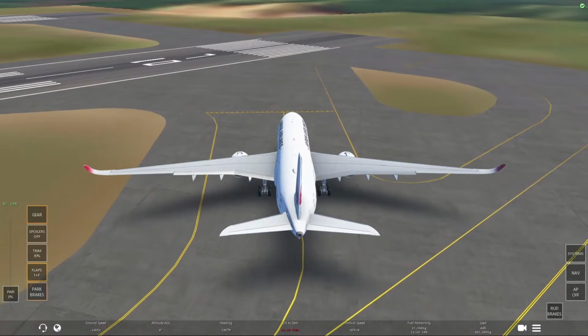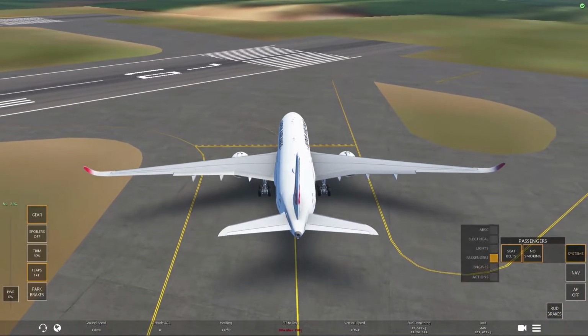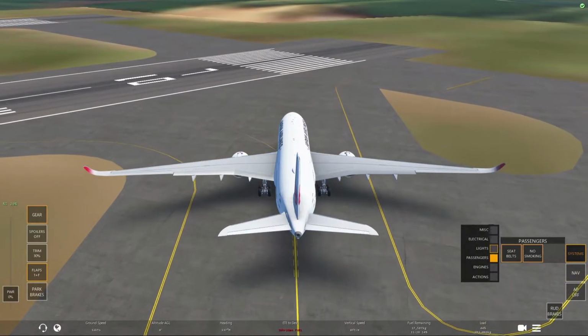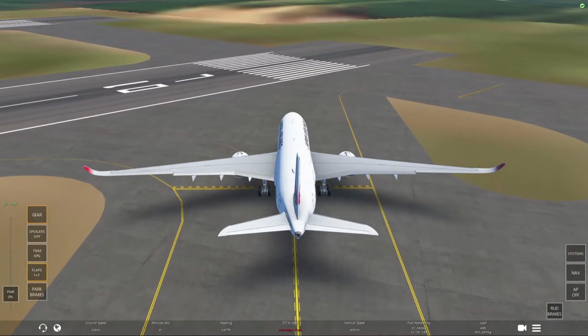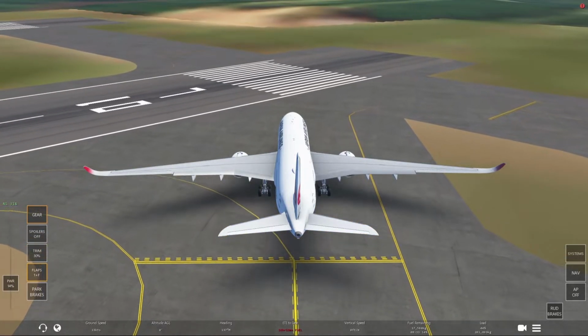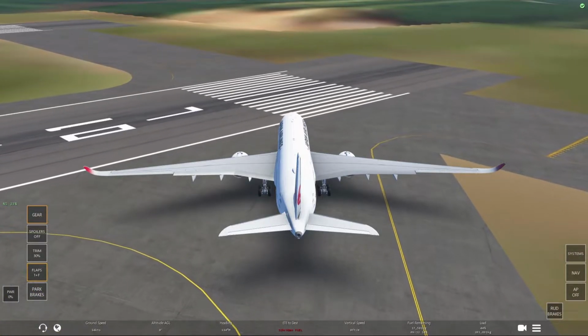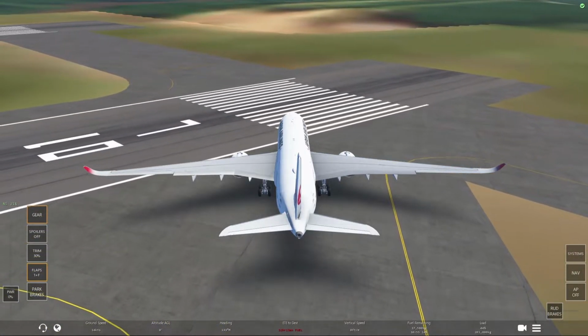Okay, we have to brake a bit and open my strobe lights as well, because we're crossing a runway. Approaching runway 01 left. Confirm that we're approaching 1 left. It is correct. I'm gonna leave my strobe lights on,